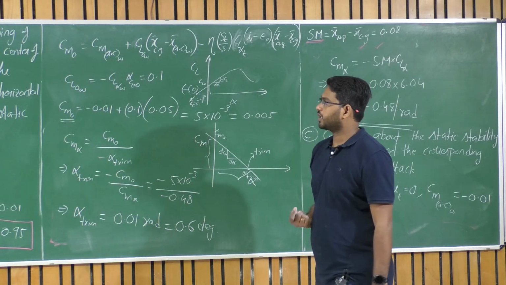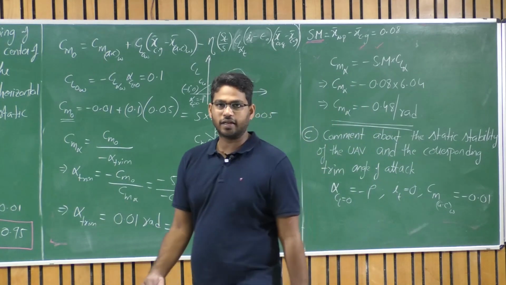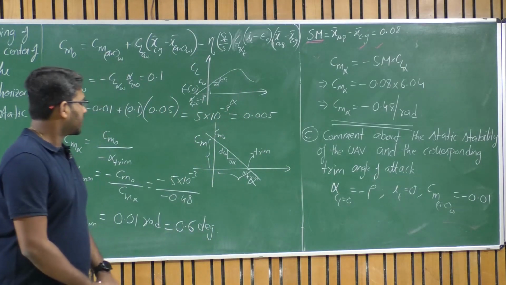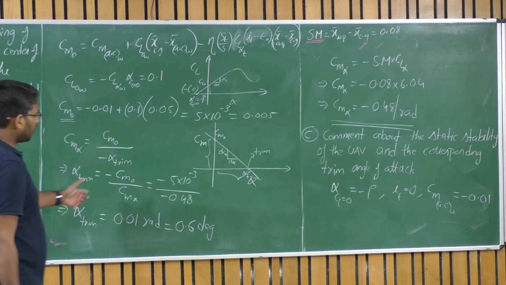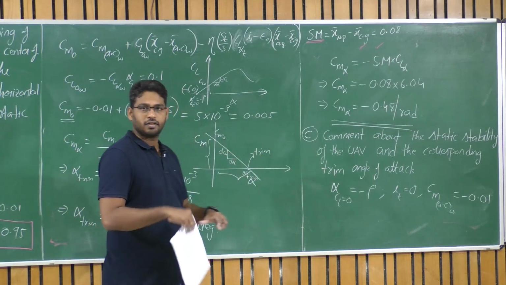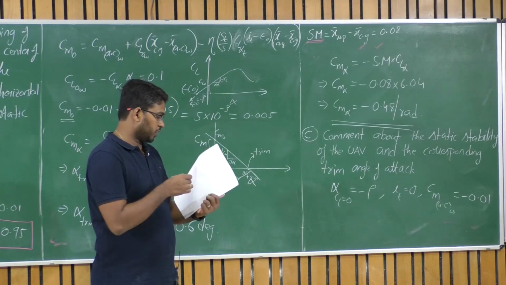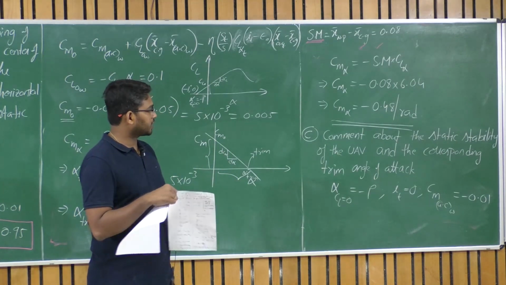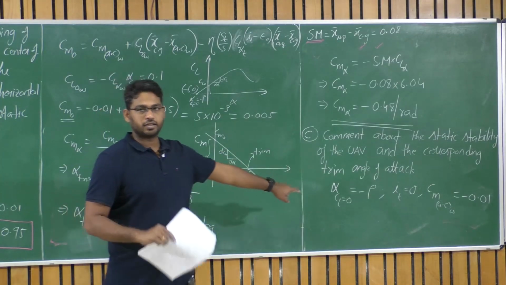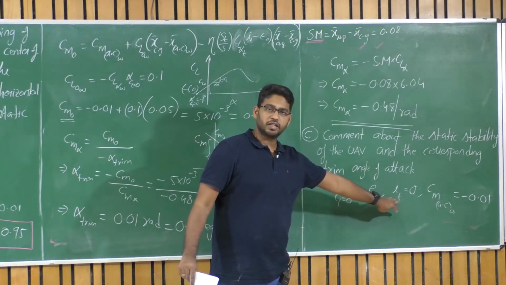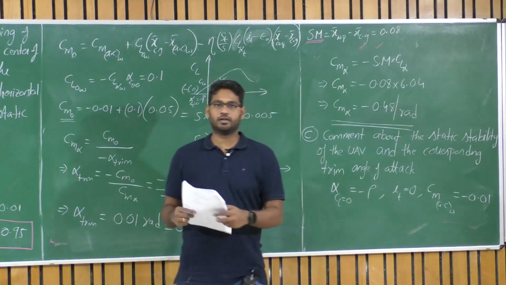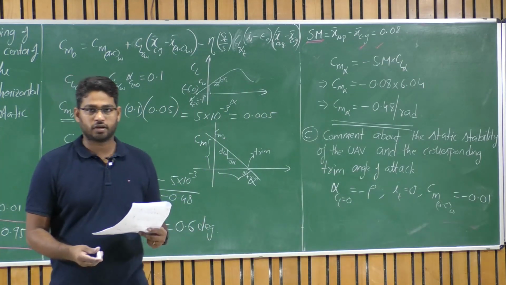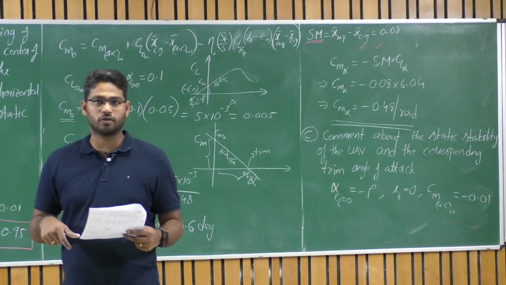So what should we do right now? What as a designer do you think about this? To get a better feel, let's now have a tail setting angle, let us say minus 2 degrees, and repeat the calculation. Then we'll see what the corresponding trim angle of attack will be. Is the tail helping us or not?